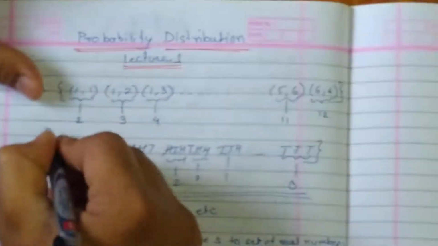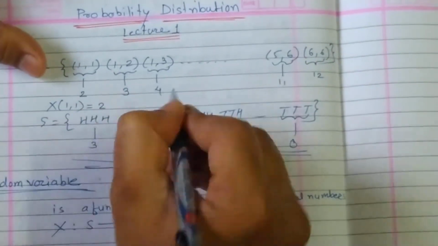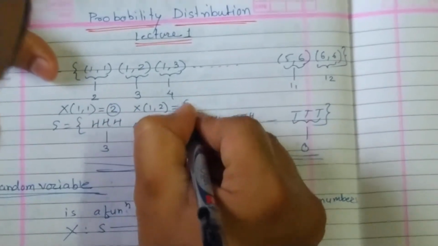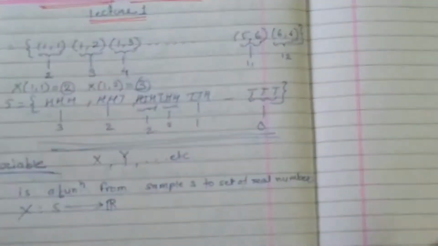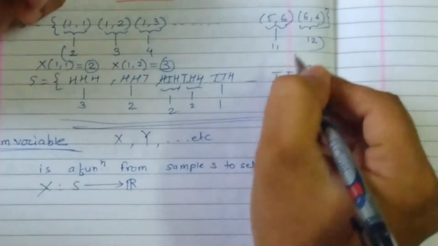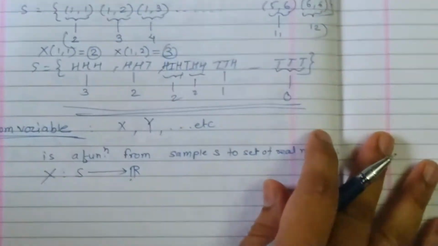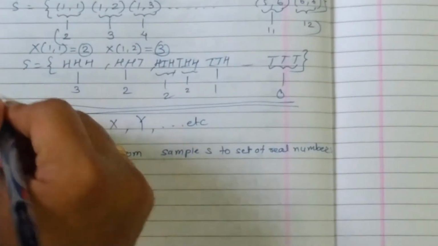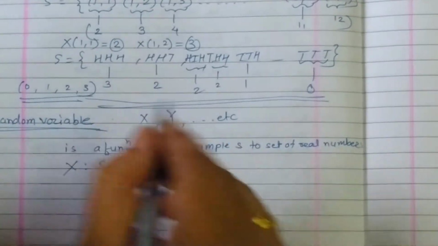I am assigning the element (1,1) a number 2, the element (1,2) the number 3. So see the numbers 2, 3, 4, 5, 6, 7, 8, 9, 10, 11, 12, all these numbers are real numbers. Of course, if I say this collection particularly 2 to 12, then it is a subset of the real numbers, but my codomain set is the real numbers. That's very important. Or here I am assigning only 0 or 1 or 2 or 3 in this particular example.